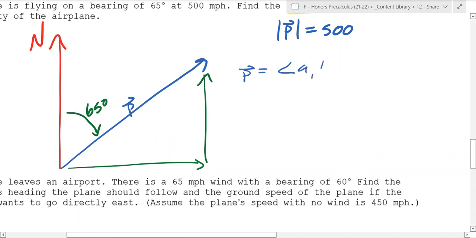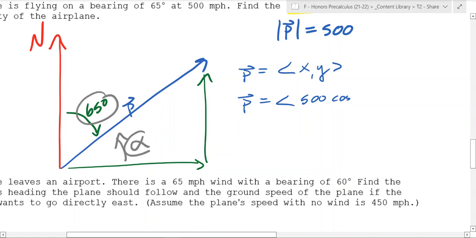That's asking us for what is this and this length, because that's how we can write the vector p. We know vector p is equal to the sum of a and b, or another way you could say it is the sum of x and y, the x component and the y component. Now what we know from our formula is that it's going to be the magnitude of the vector, 500, times cosine of the angle that it makes with the positive x-axis. So we need this angle alpha. Well, we know 65 plus alpha is 90, so alpha is going to be 25 degrees. This is 25 degrees. So that 25 degrees goes there, and then you have 500 sine of, again, 25 degrees